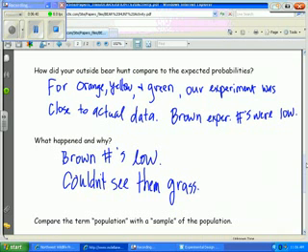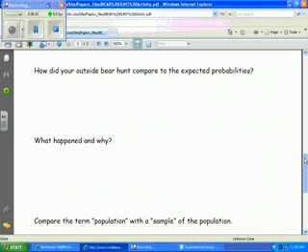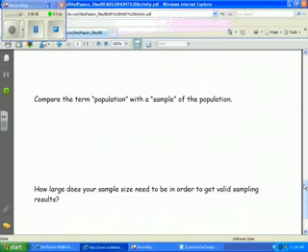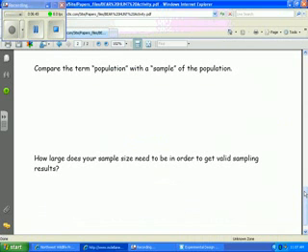Okay. Compare the term, okay, so here we go. So they were camouflaged and we couldn't see them. Oh, man, that went away. But now let's talk about this. Compare the term population with sample of the population. Okay, so you may even want to reference your vocabulary that we just got. So find population. Okay, so our population